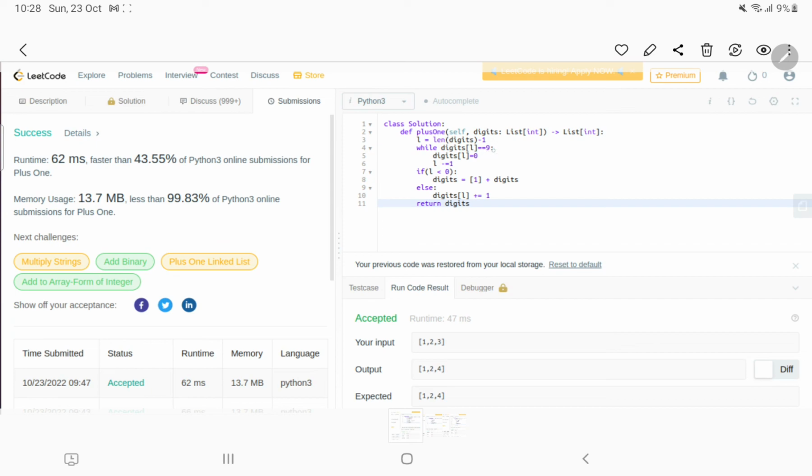If it is 9, we have made the last digit 0 and we have reduced length by 1. If length becomes less than 0, we have added 1 to the list, and if it is not, then we have incremented that particular element. I hope you got the solution, and this is also working fine, as you can see on the left hand side. So we discussed 3 approaches, 3 different ways to think.